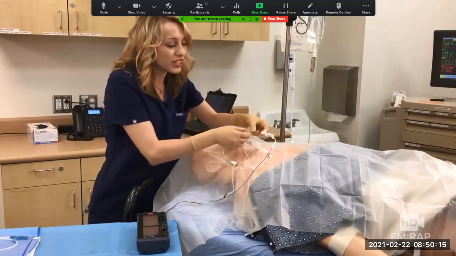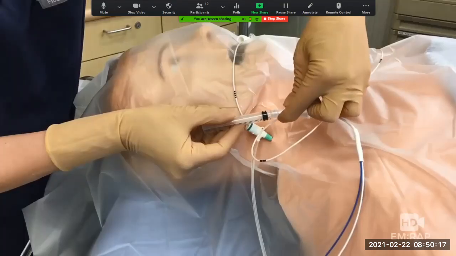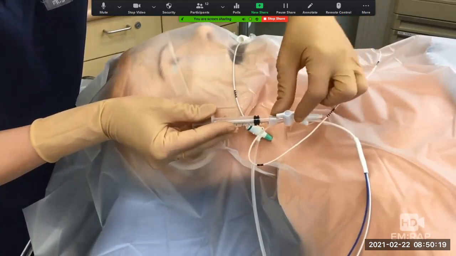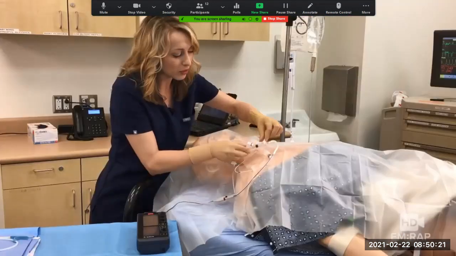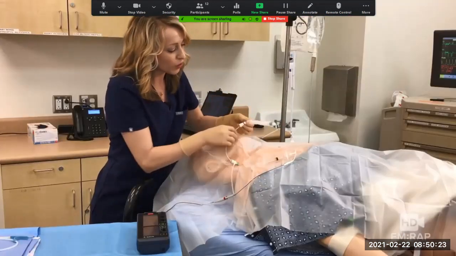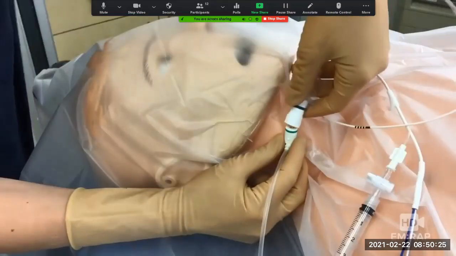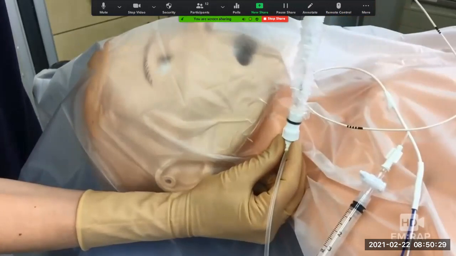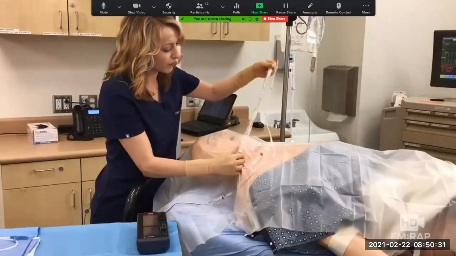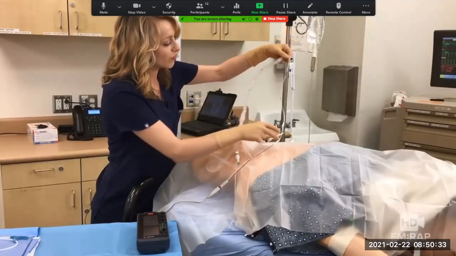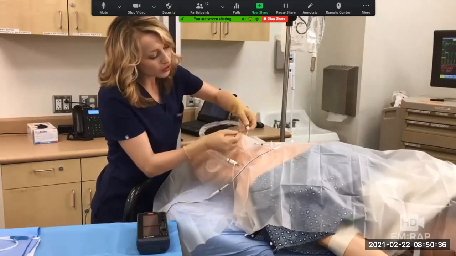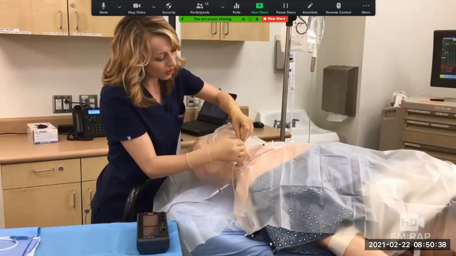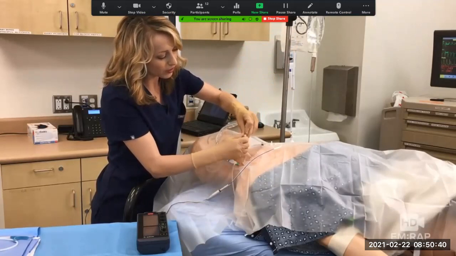So I'm going to deflate the balloon, and then lock this stopcock in place. And we're going to pull that sterile sleeve all the way down to the cordis, and it connects here. Now you can open up the sterile sleeve. And this actually locks when you twist this piece. It locks it in place on the pacing wire.